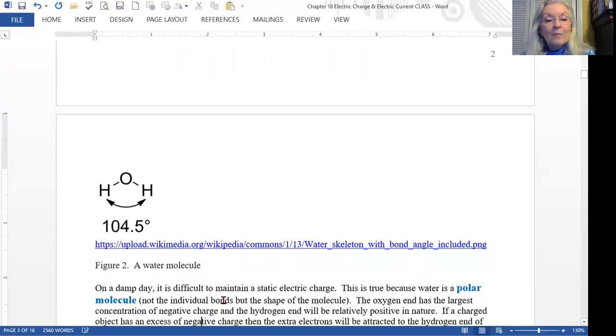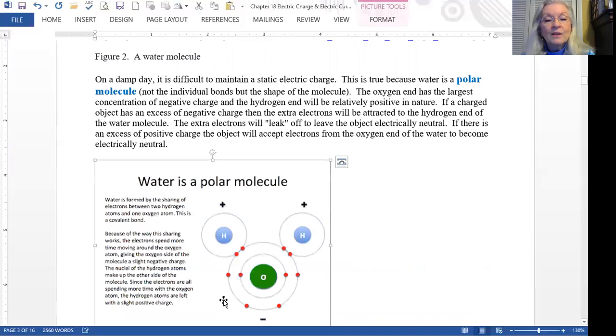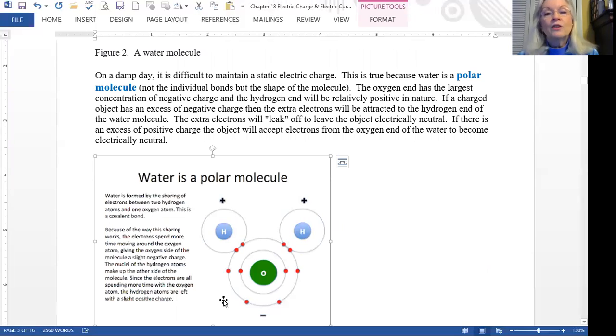On a damp day, it's really difficult to maintain static electric charges. We do demonstrations with this in lab. If it's one of those dreary, rainy January days we sometimes get, what you will discover is that it's going to be very difficult to get our rods to stay positively charged because water in the air will attract the extra electric charges. So here's the second graphic